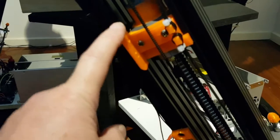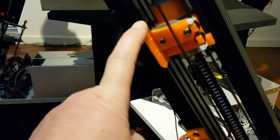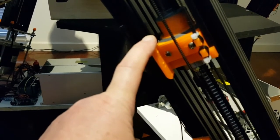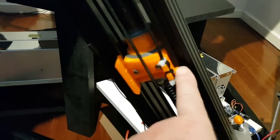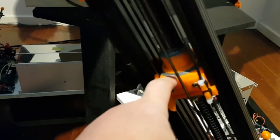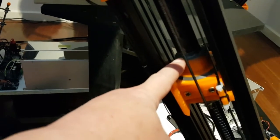The 3D printed assembly was the piece that I probably wasn't as happy with as the rest of the build. It's been printed out of PETG 3D filament, at 60% infill. It's quite hard. The problem I think I've had with it is that there's three pieces. There's the anti-rotation part here, the rod holder, and then the rod sleeve which fits on top of that,